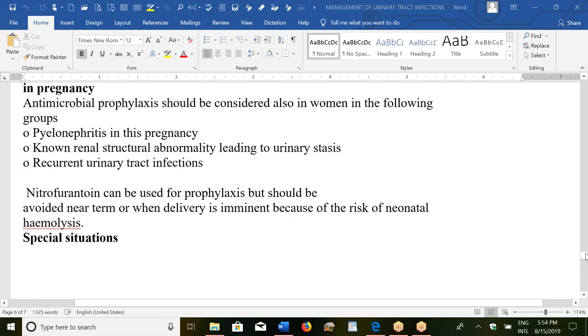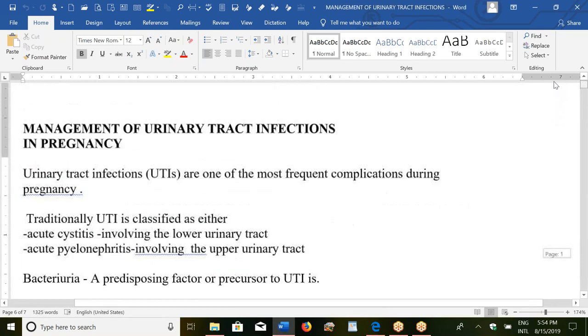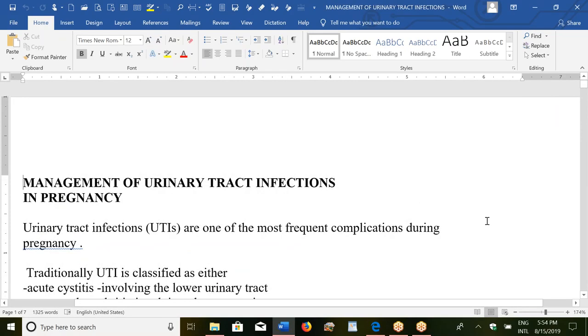So that's all you need to know about UTIs. So if your patient has asymptomatic bacteriuria, what do you think? Are you going to treat her or you won't treat her? You are going to treat her because